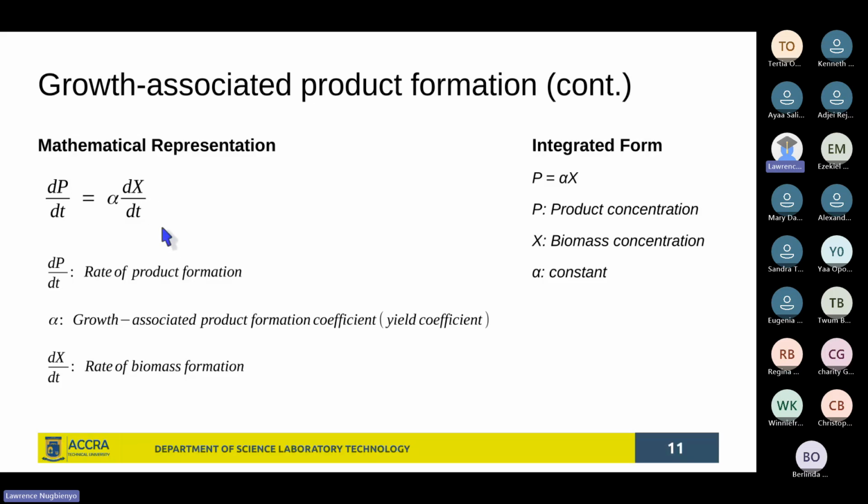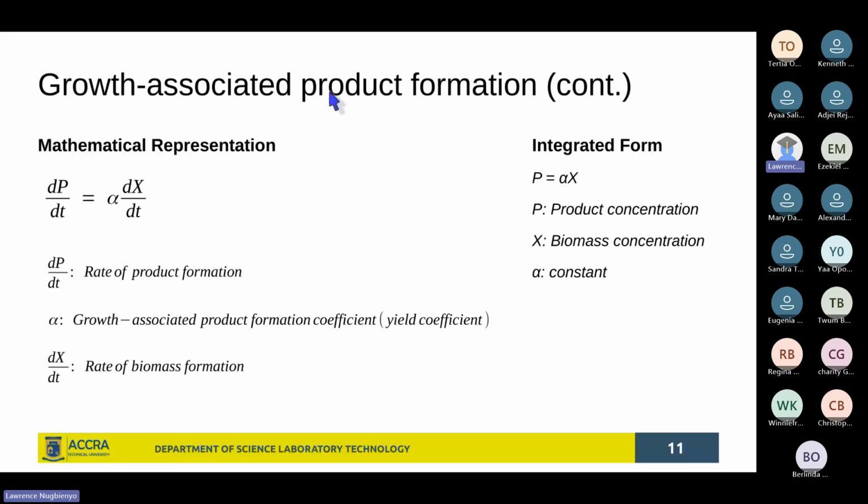And of course, in an integrated form, to simplify it, you say product concentration is equal to alpha X, where alpha is the growth associated product formation coefficient, or what we also refer to as the yield coefficient, times biomass concentration. What I said you can also refer to as biomass consumption, which is to say the medium being introduced into the system, how much of it is being consumed. Because of course the amount of